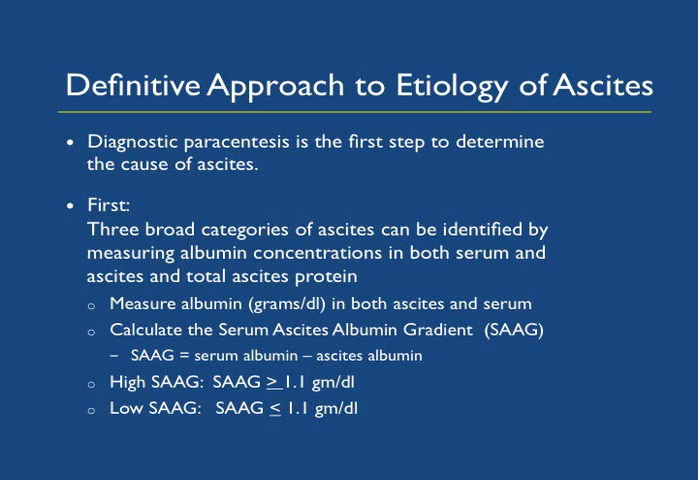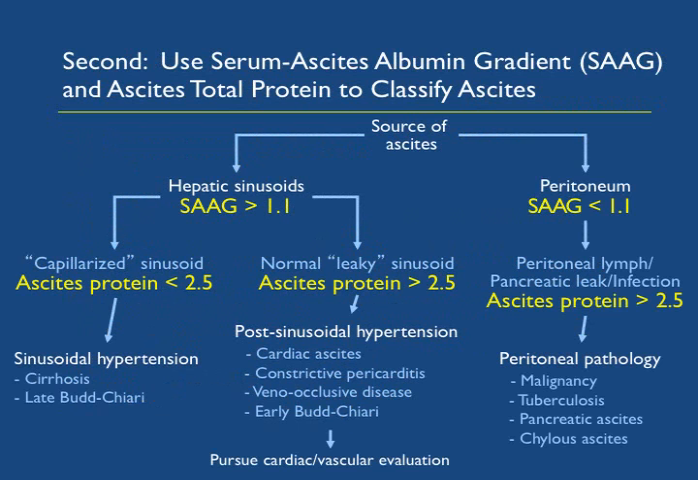A high gradient, so a difference or a SAAG of greater than 1.1, is differentiated from a low SAAG, or a gradient of less than 1.1 grams per deciliter. The interpretation of these gradients is shown on this diagram. If the SAAG is high, so there's a big difference in the albumin concentrations, then the fluid is usually coming from the hepatic sinusoids. If the SAAG is low, as shown on the right, the fluid is coming from the